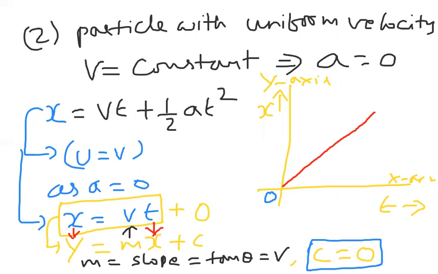Already I taught this in the graphs class. You can check my previous graphs class, where I explained when you have to take the graph from origin, from the positive y-axis, and from the negative y-axis, everything. Okay, beta. So this is the information for a particle with uniform velocity. Now, next we have to enter into a particle with uniform acceleration.